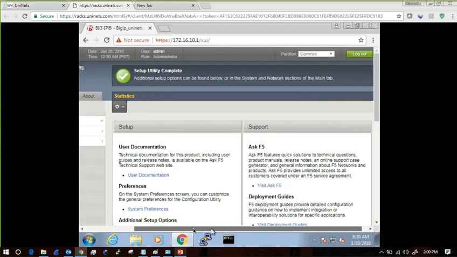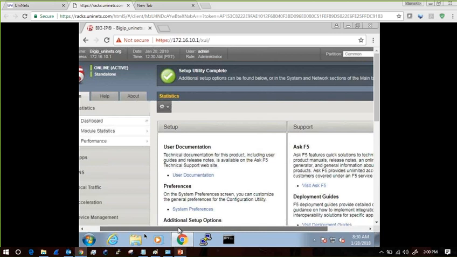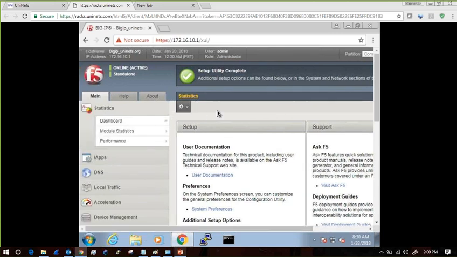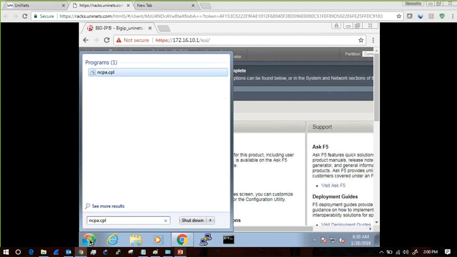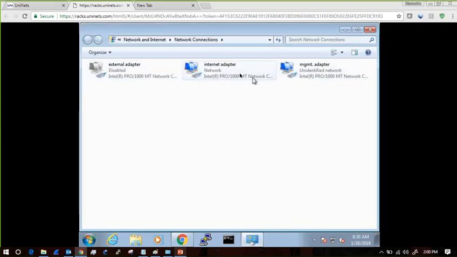When you click on finish, then everything is fine, right? Okay, so what you need to do now is go to your PC, go to your adapter settings and assign an external adapter, because these two adapters are already